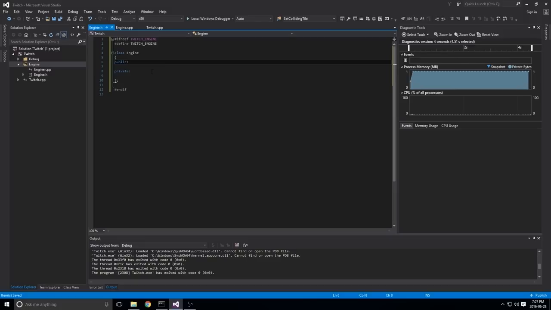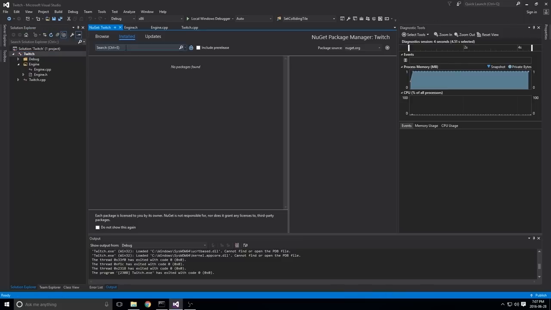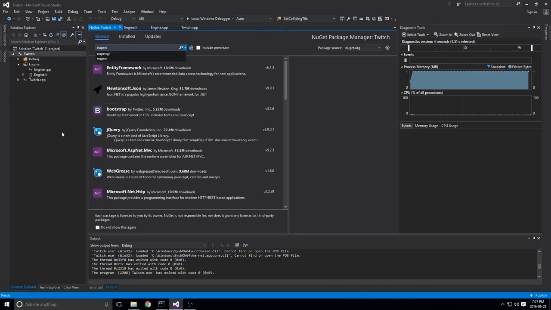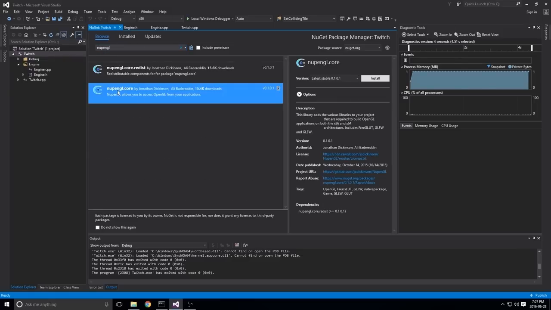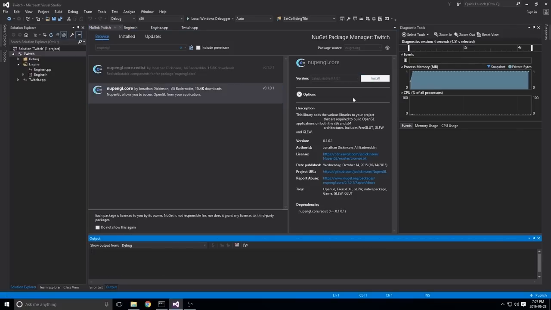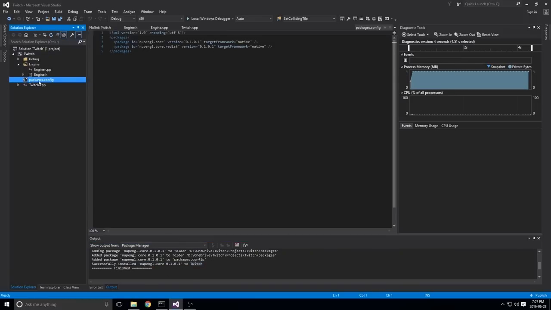So what we need to do is actually include these frameworks in our project. So what I'm going to do is go to Twitch, right-click, and this is the project itself, not the solution, and we'll manage NuGet packages. I'm going to use NuGet to help us out here. So we're going to browse for OpenGL. Now this is NuGet OpenGL. It's a combination of the two, and this is what we want here, OpenGL.core. We're going to go ahead and install that, and you might get a pop-up here. Just hit accept, and you'll see down here that it's finished and it's successfully installed OpenGL to our project. So now you'll see this packages config, and it shows you basically the packages that we've downloaded from NuGet, and this is what's available to us now.